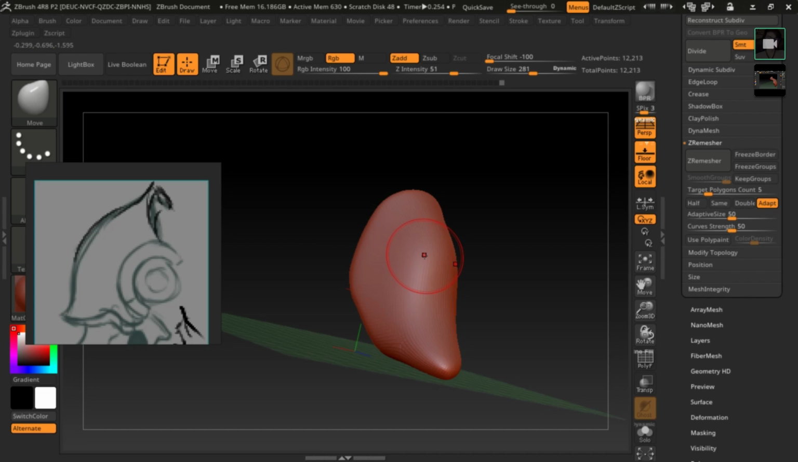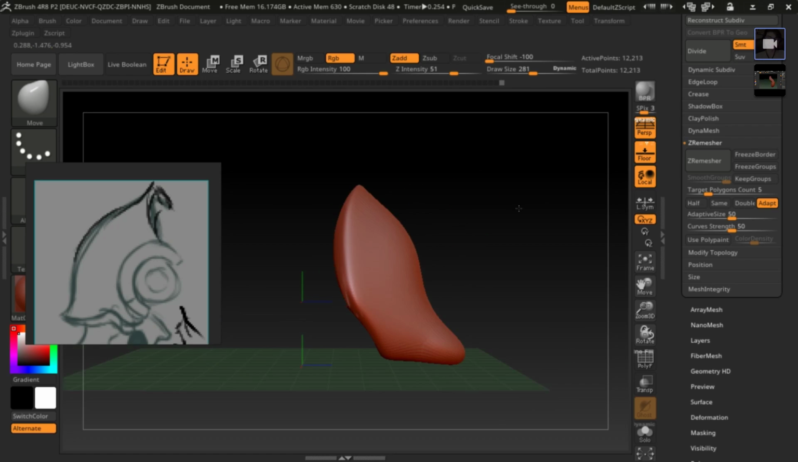Not in Blender though. Blender is like hold B, drag. I was like, what the heck? Or scroll up. It's so crazy. Blender uses a lot of weird hotkeys compared to everything else, but